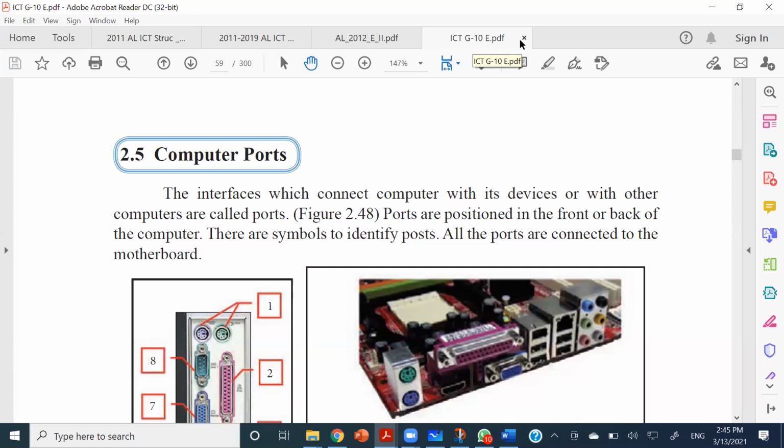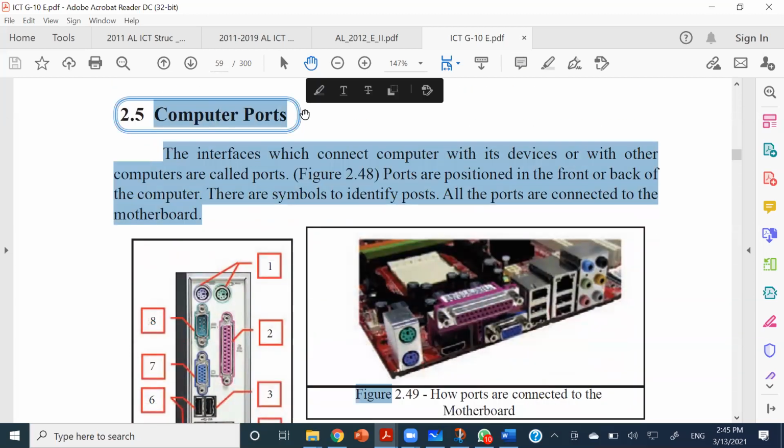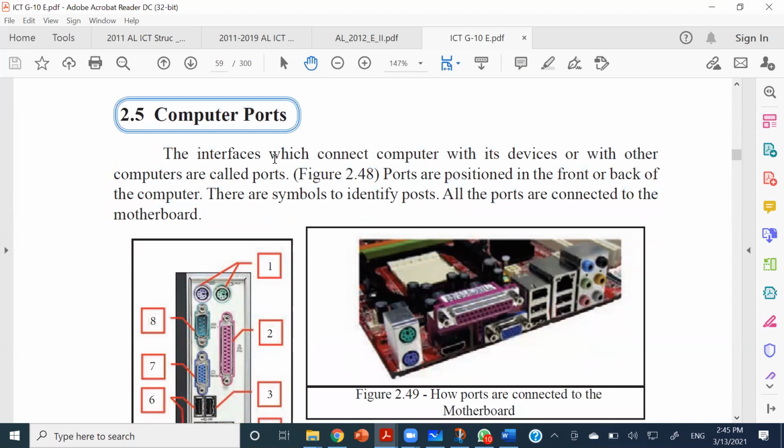So we don't need to take two devices like a modem and a router. Just having a router will give us many facilities, right? And a dongle is one of the components which had that facility embedded into it. Okay, so computer ports, the heading,